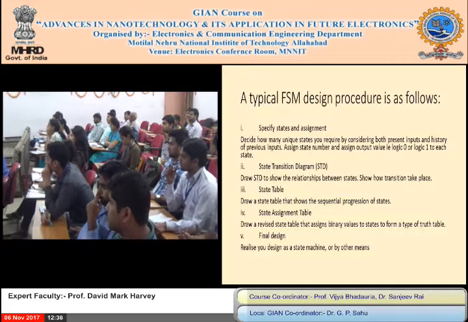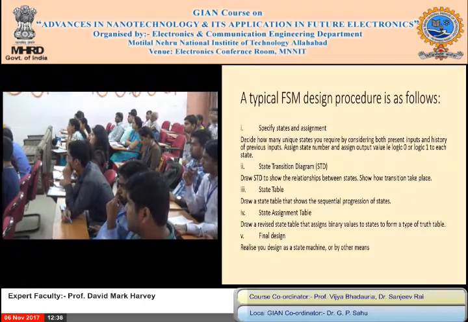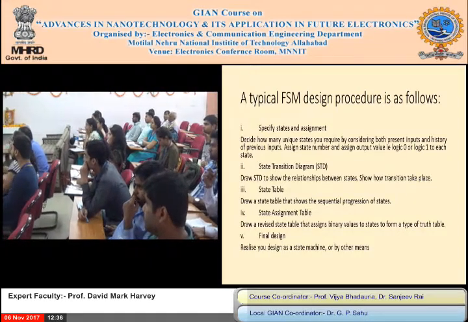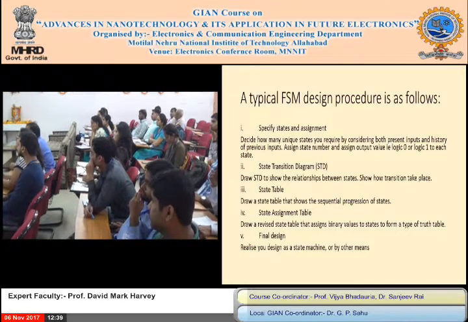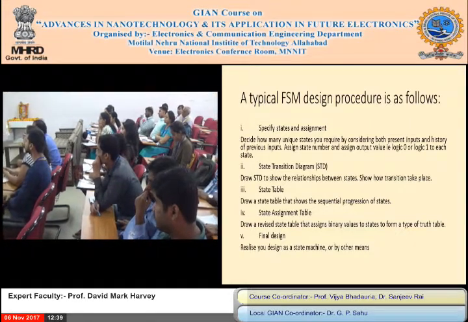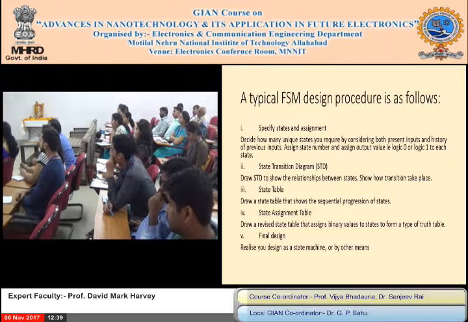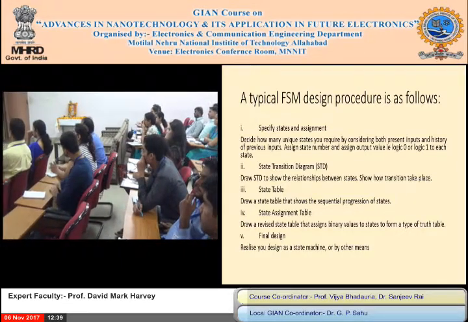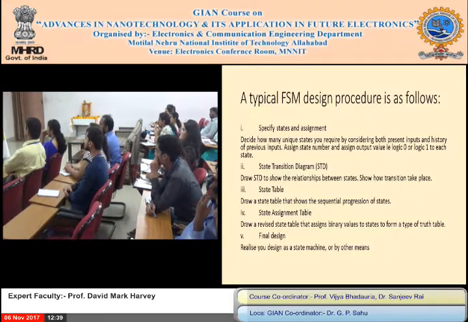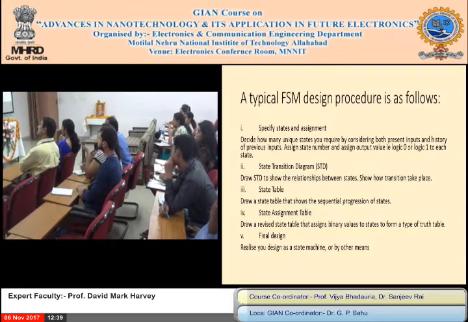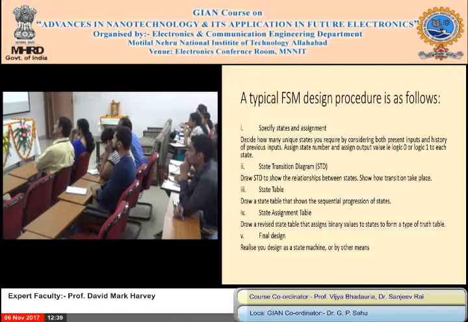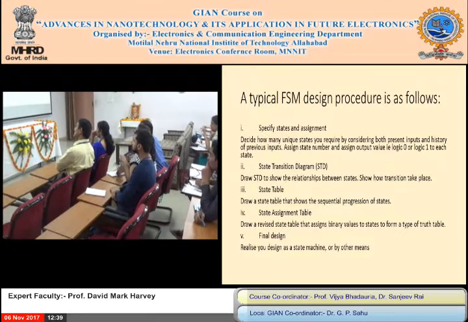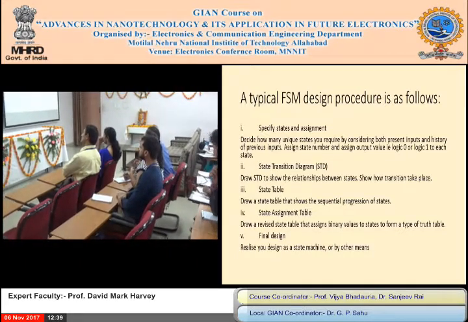So we draw the state table, which is in sort of English, showing you the states between them. You can't design in labels, so then you have to go to the assignment table, and then we've got a final design. I just want to run through them very quickly, and after that I'm going to show you the two basic block diagrams for a state machine based on two different systems. So I'm going to write on this board.